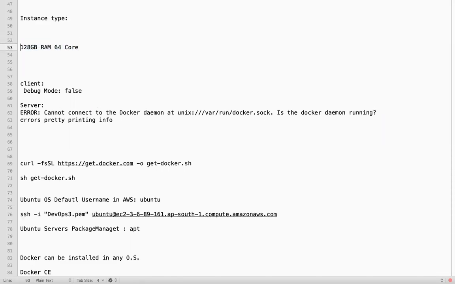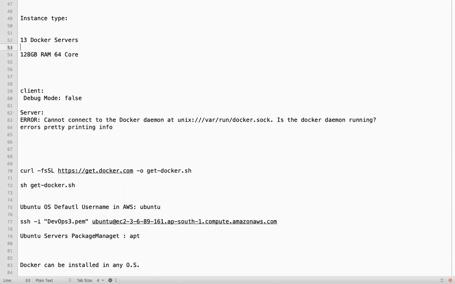Again, how many servers do we have? We have a total of 13 servers in my current project. Total 13 Docker servers in production only. Each server's capacity is this much. And out of this,